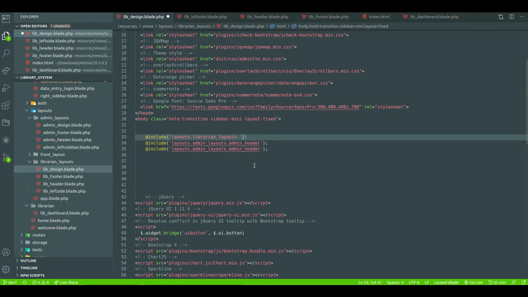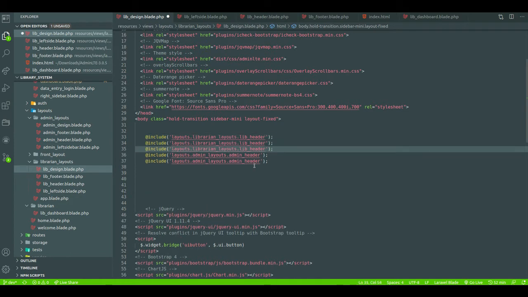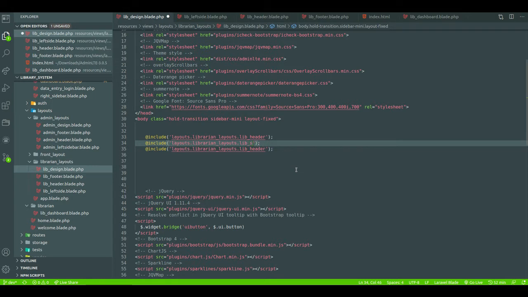In that librarian layouts folder, we take first the header, so leave header. First header, then sidebar, sorry, left sidebar, no? Then footer.